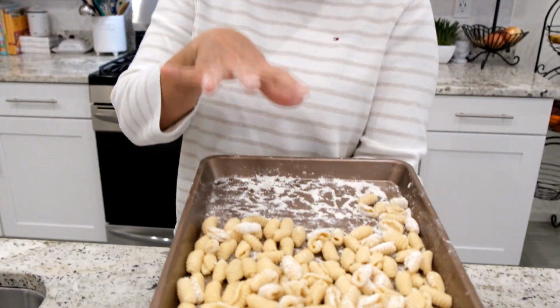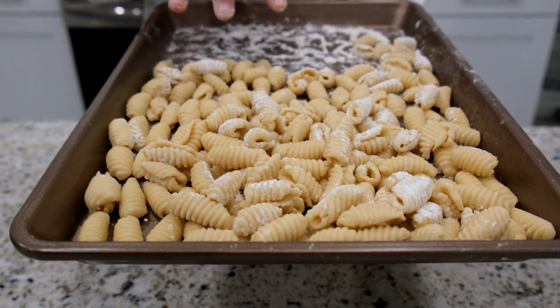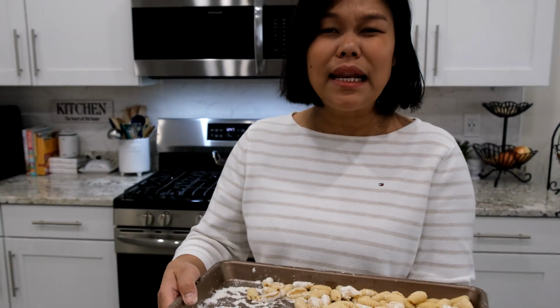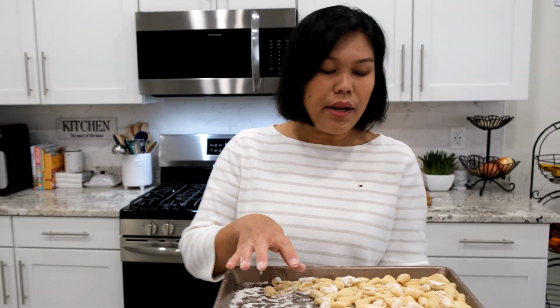Alright, so now I've formed all the dough into the Krong Krang shape, and now we're ready to deep fry them. It will take a little bit of time, but the more you do, the more you practice, it will